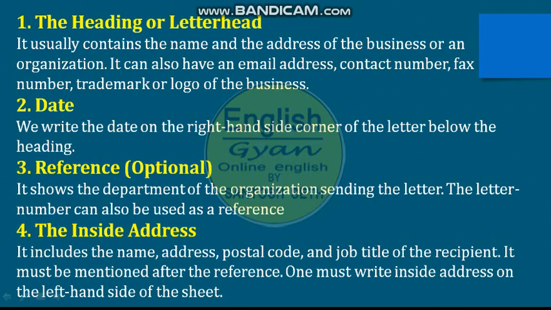So after the address comes the date, and after the date, the reference number, that is optional. I told you it can contain the name of the month and date and number of the letter. If we have already done any correspondence, it is for the reference of that. Then the fourth item is the inside address, that begins with the manager, the engineer, like that, and here you write down the address also with code number, postal code, etc.